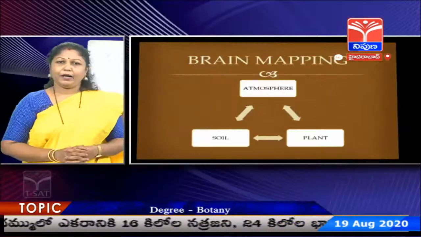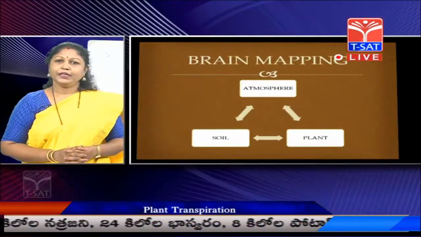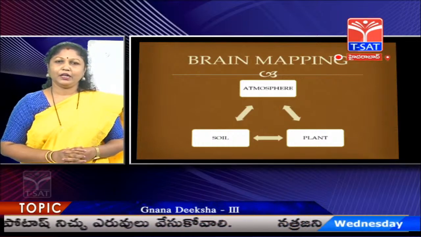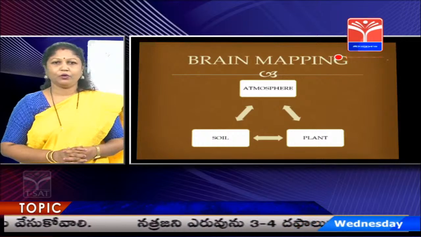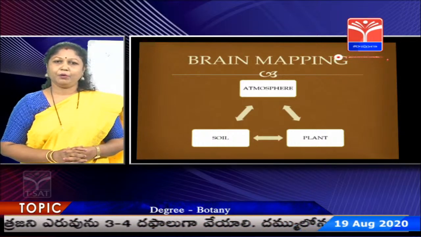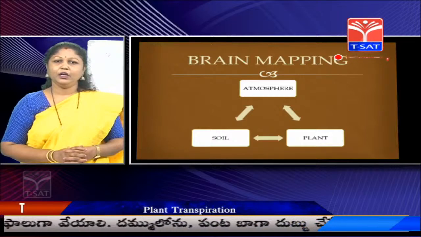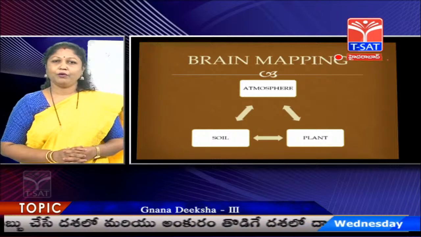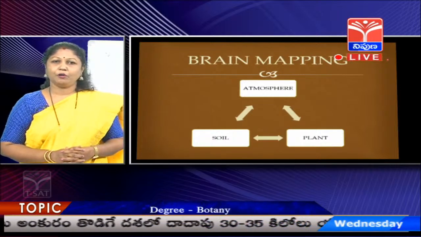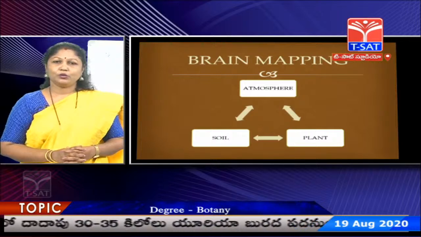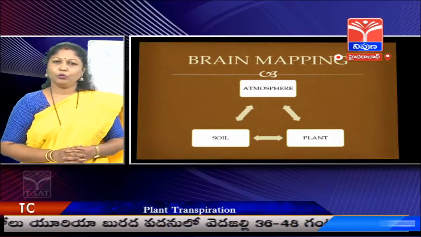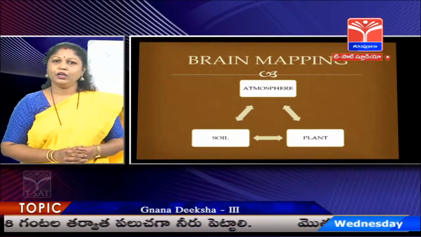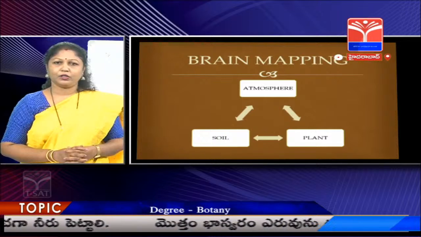Now, for a plant, since it is a living organism, its components, whether it may be cell components or the organism itself, is made up of 99% of water. So, water is a very important essential feature for the plant for its survival, and not only that, for absorption of water, along with the water, important minerals are also absorbed by the plant. Now, what is the source of this absorption? Soil. So, through its roots, it absorbs the required amount of water as well as essential minerals and takes it up and passes on to the aerial parts of the plant.